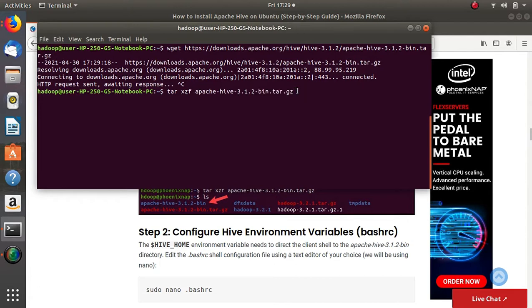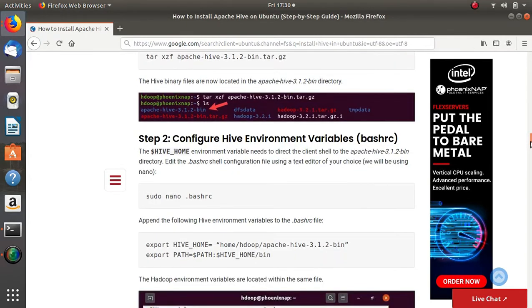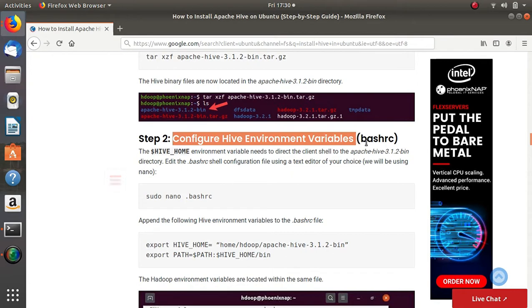You need to take care that the path should be complete if you are not in the same directory. Right now we are in the same directory, so I'm just giving the name only. After that, you can check if it is there or not. You can check the Apache Hive bin folder using the ls command.